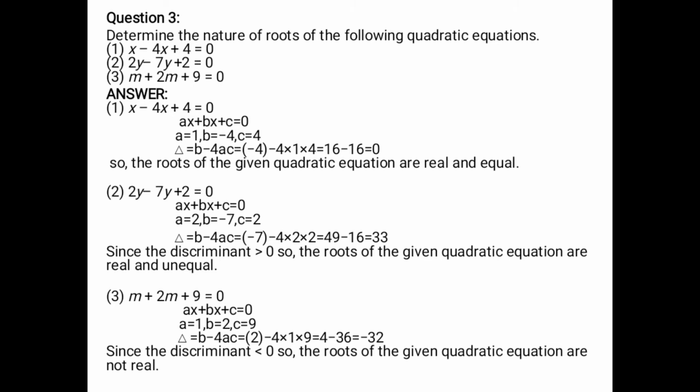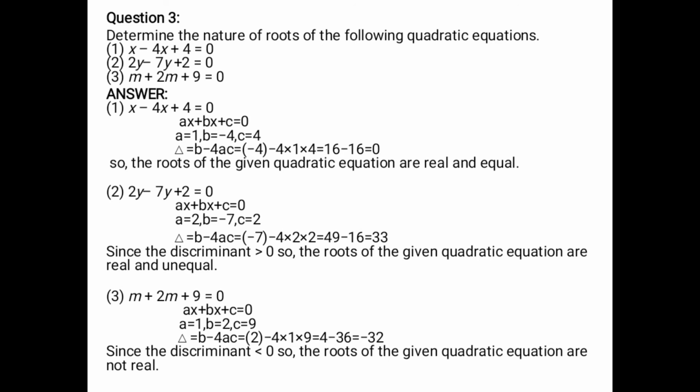and unequal. Next example, m square plus 2m plus 9 is equal to 0. a is equal to 1, b is equal to 2 and c is equal to 9. Delta is equal to b square minus 4ac is equal to 2 square minus 4 into 1 into 9 is equal to 4 minus 36 is equal to minus 32. Since the discriminant delta is less than 0, because the value is minus 32, so the roots of the given quadratic equation